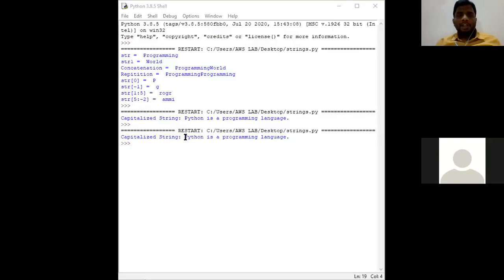After that go to Python shell. See, there is no change in this string. Initially, when you take the capital uppercase P, the functionality of the capitalize function is of no use. Clear? So the capitalize function converts the first alphabet of the string from lowercase into uppercase letter. If initially the user has taken an uppercase letter, then there will be no change in the string. Okay, so coming to the next function,